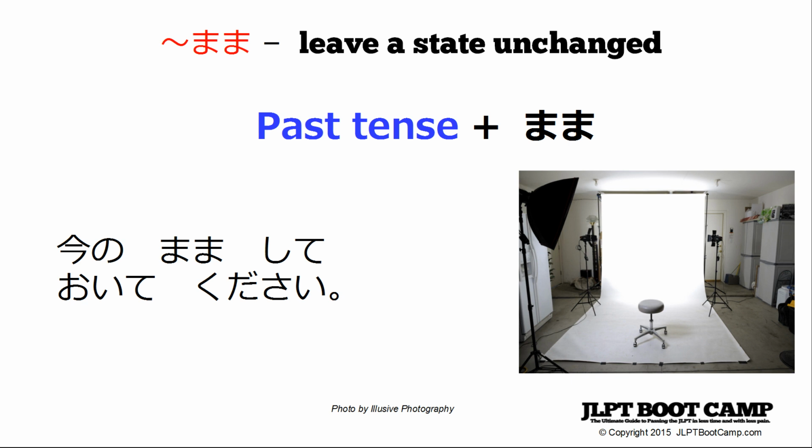Oite, again, we practiced in the lesson before. This means to do something in preparation for something else. So here in this situation, you're saying, oh, just leave it as it is, in preparation for something that's happening in the future. And so this is a structure that you can use with mama. You can say ima no mama or sono mama. So leave it like that. Kono mama is leave it like this, like I'm showing you, something that's in my possession that I'm doing.